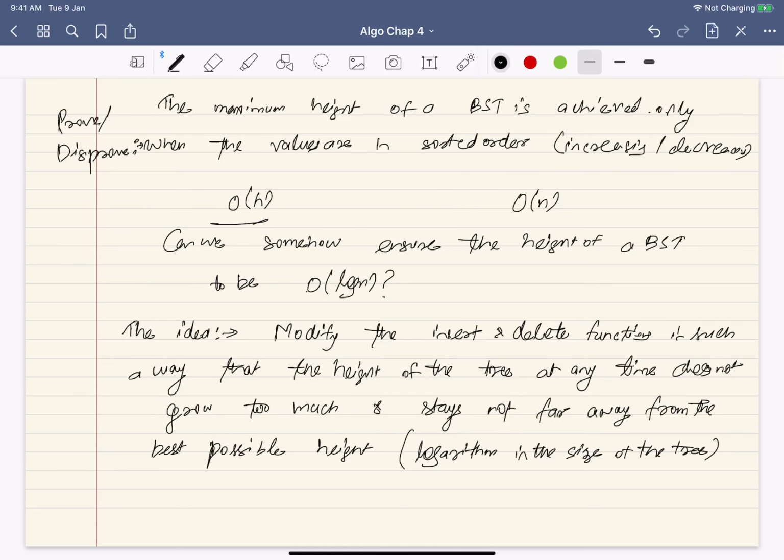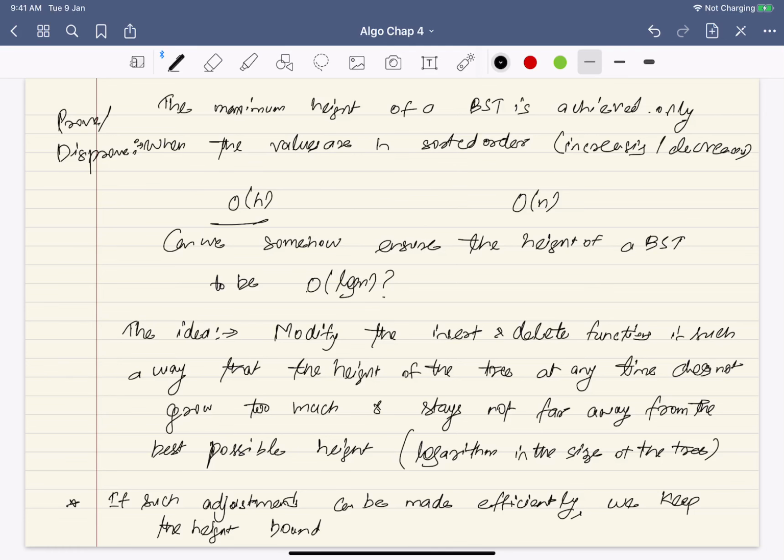And what is important, when I am making such adjustments, they should not be costly. So if such adjustments can be made efficiently, then we can keep the height bounded by order log n.